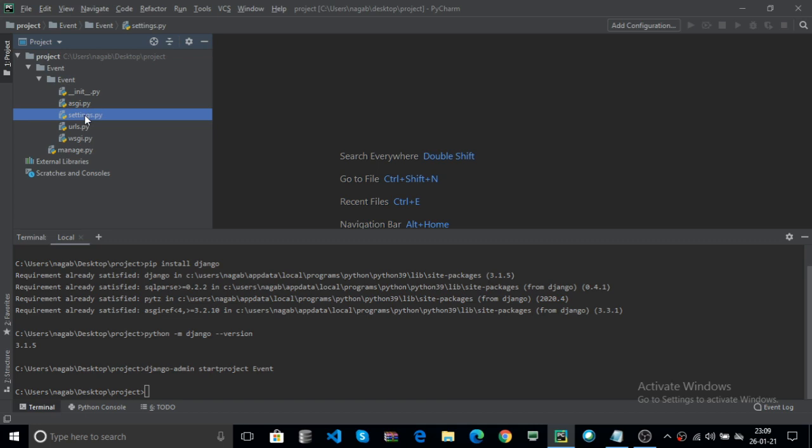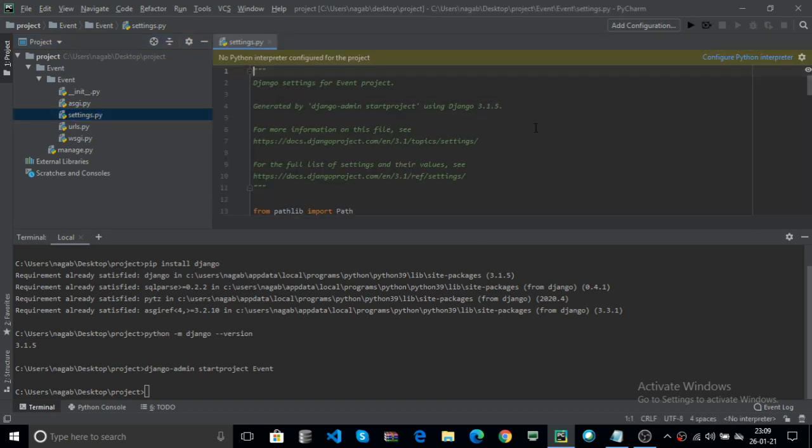And what is settings.py? Here settings.py is used for the configuration of your project. For example, how to configure your application with databases, how to configure the templates, how to configure the CSS files, how to configure your apps. Now double click on settings.py.